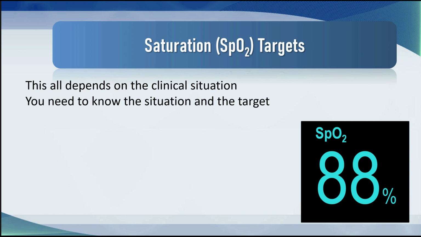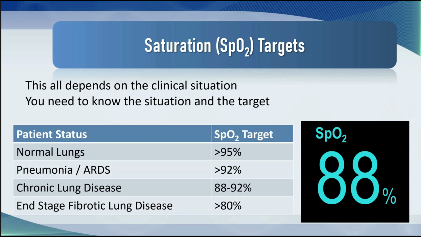Here is the rule of thumb for our goal SpO2 for otherwise normal lungs. When a patient might have mild ventilation perfusion mismatch due to atelectasis, pulmonary edema, or consolidation, then a saturation of 95% is a reasonable goal. For severe pneumonia or ARDS, 92%, although that might need to be adjusted downwards. For patients with COPD, 88% is where you're looking, and if the patient has chronic fibrotic respiratory failure, then you need to set a reasonable target, to me 80% or more. In those cases, you have to be careful giving oxygen therapy to normalize a saturation or blood gas that is